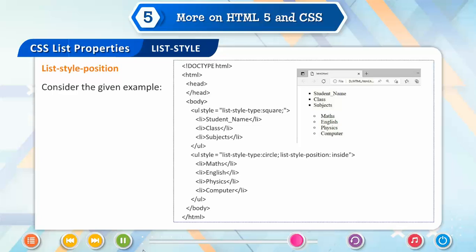Open ul style is equal to list-style-type: circle; list-style-position: inside in double quotes and angular brackets. Open li maths close li, open li English close li, open li physics close li, open li computer close li, close ul, close body, close html.